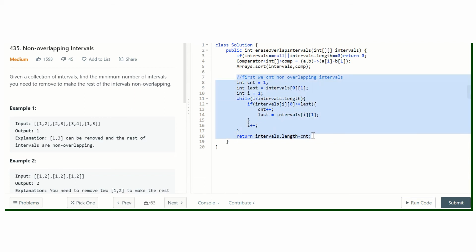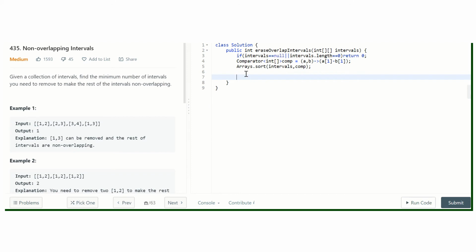So let's remove this, and let's say we have int first equal to intervals[i][0]. Let's make a variable previous, currently pointing to 0, and int i equal to 1.